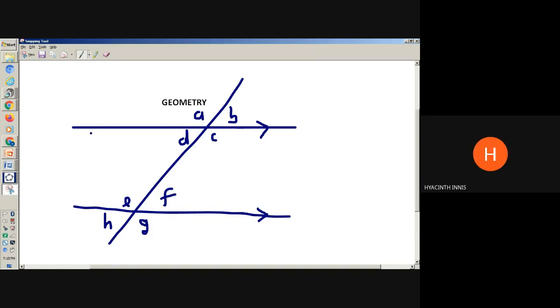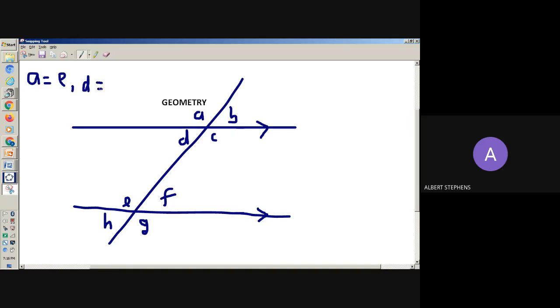A and E. A is equal to E. Right. So basically, A is equal to E because they correspond. And D